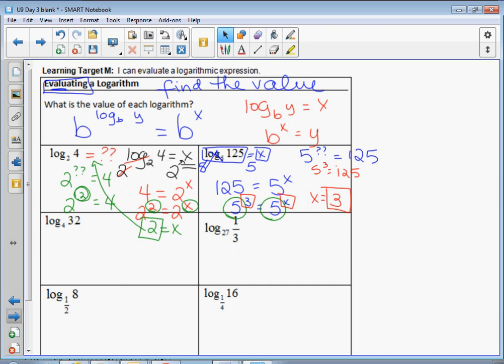125. So I have a few more for you to practice. If you want to try these on your own and move ahead, you're welcome to. It can get a little tricky though. 4 raised to what power is